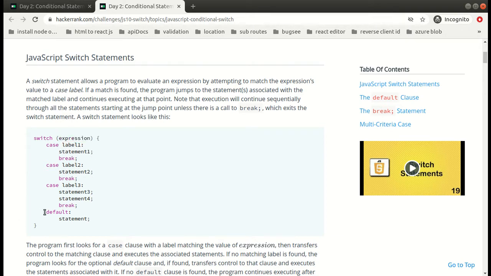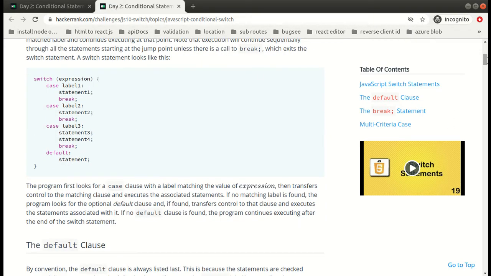We have a default case also: if none of the labels match the expression, then this statement will run. And we also have break, so that our code breaks out of the switch statement when the code associated with the matching label executes. You can just have a look at it.